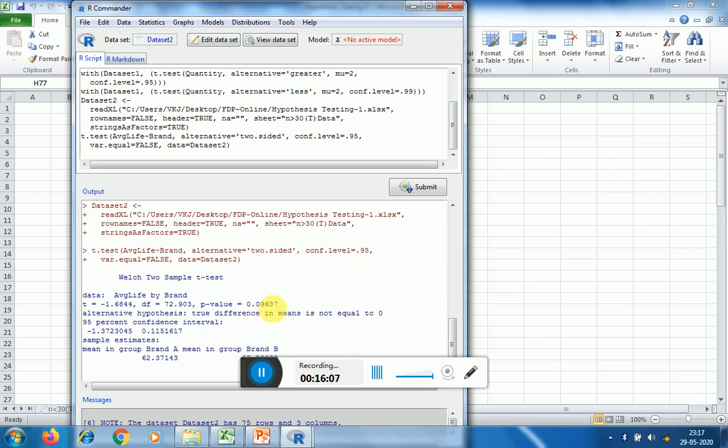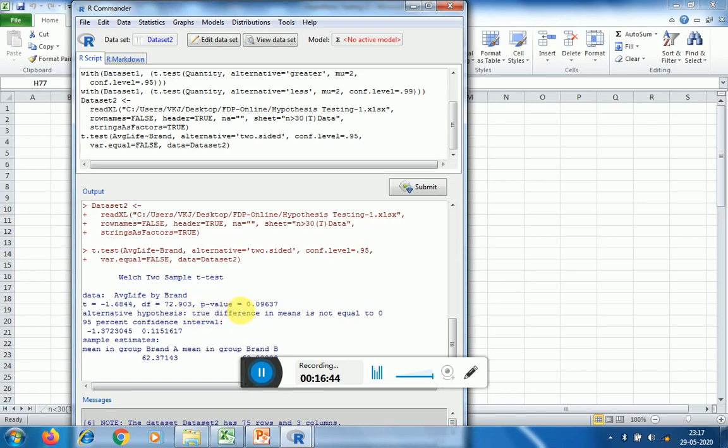Since this value is greater than 0.05, that is the 0.95 confidence level, we do not have sufficient evidence to reject the null hypothesis. Hence, with 5% level of significance, we can say that mu1 minus mu2, this difference, is equal to 0.